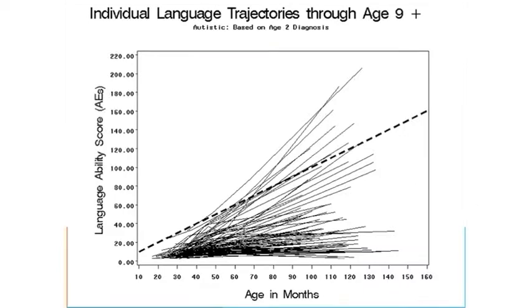As we've said before, there's a huge range in language levels, and this is expressive language, as kids move from basically 2 up to about 12. Each one of these lines is a different child. These are only the kids who actually got autism diagnoses, so it doesn't even include the kids who got PDD diagnoses. The broken line would be typical development. So you can see we have some kids who are shooting up faster and better than an ordinary kid. We also have kids who are very close to that, and we have many kids who have quite severe language deficits.